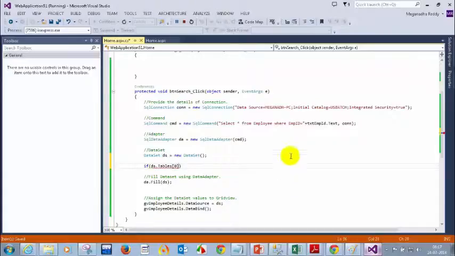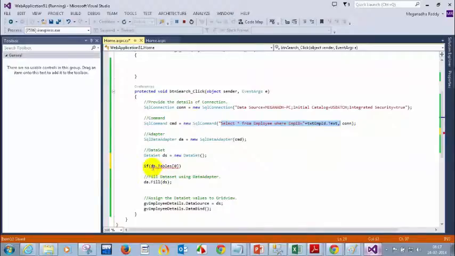So I repeat again, your dataset can have multiple queries, so it can store multiple tables. As of now we wrote only one: select star from employee where employee ID equal to 1. If you want multiple tables, you can put a semicolon and write multiple queries.